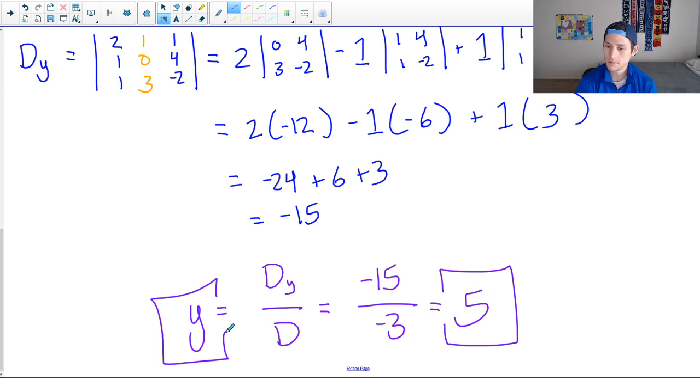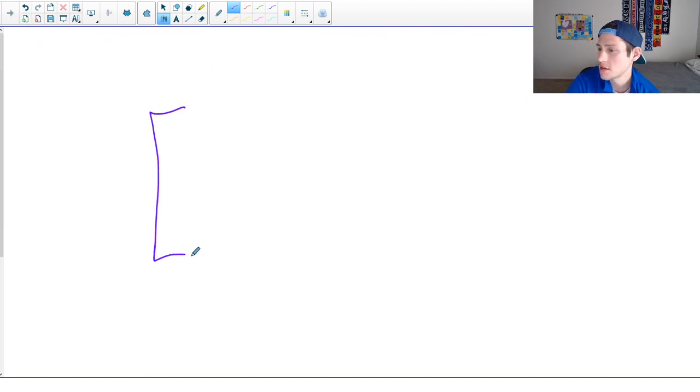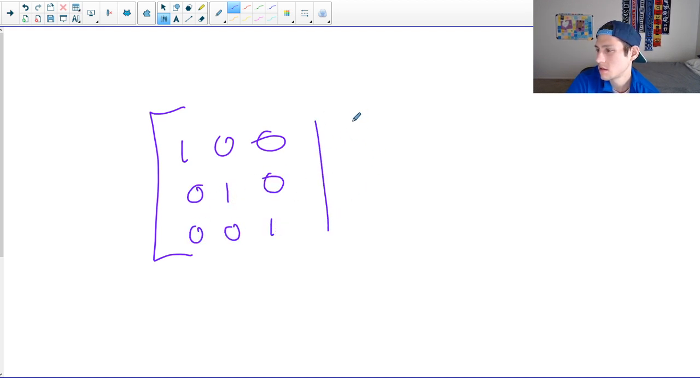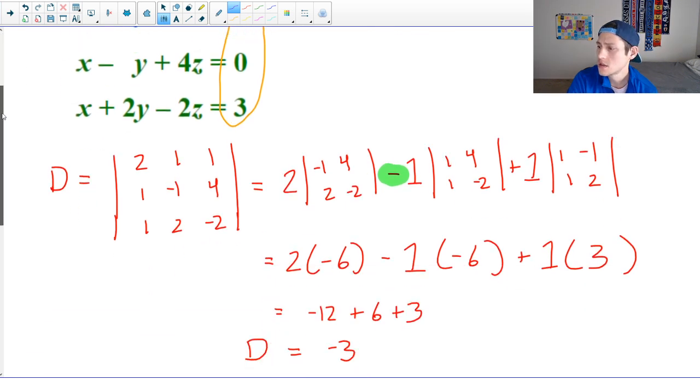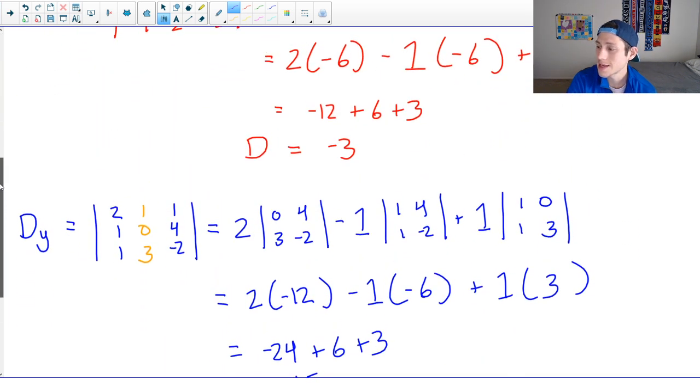So as long as you're good with 3x3 determinants, I think this method is much easier. Rather than going through Gauss-Jordan elimination to get it into reduced row echelon form, there's all those steps. Or rather than solving a system by hand with substitution and elimination, that's a mess too. So there's still a lot of tiny room for error